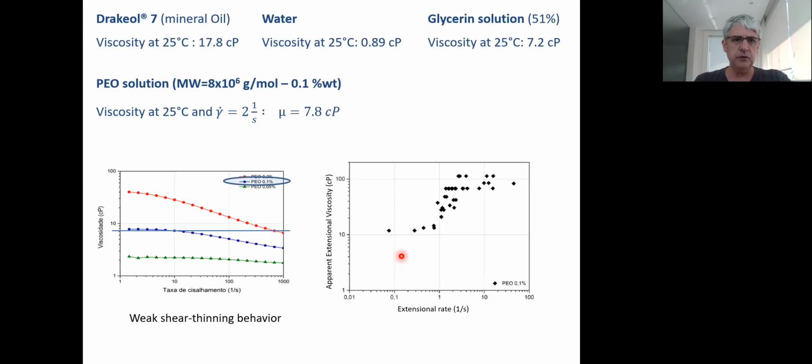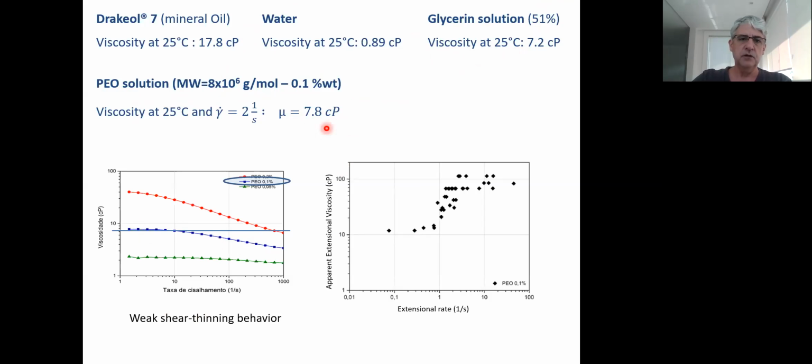So we use as an oil phase this mineral oil with a viscosity of close to 18 centipoise. We displace this mineral oil by water, and by a polymer solution, a PEO solution with a high molecular weight and a concentration of 0.1%. The shear viscosity of this solution is close to 80 centipoise. It has very mild shear thinning. And then we use a glycerin water solution that had the same shear viscosity as this PEO solution. So the idea was to isolate the viscoelastic effect. The glycerin solution is a Newtonian solution,